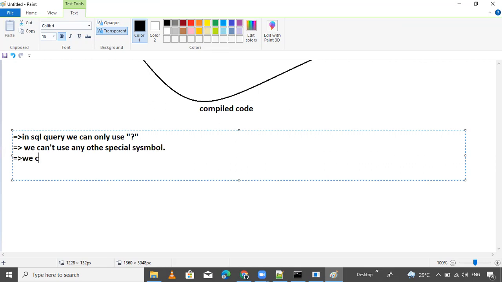We can't use the question mark symbol to replace the table name or the column name in the database table in the query.